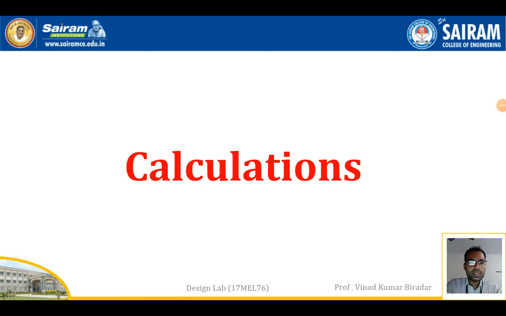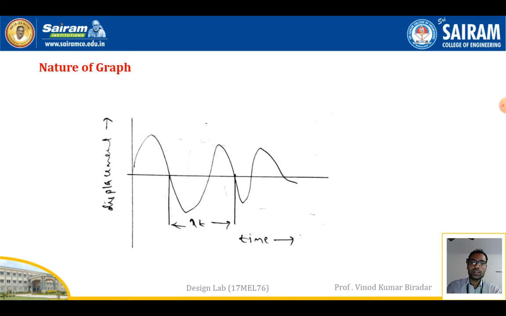In the third session, after conducting the experiment and plotting the graph on the graph sheet, now I am going to take the calculation part. Here, for the undamped longitudinal vibration graph that you drew on the graph sheet, consider one complete cycle, and that distance you take as xt. The first half cycle is considered as x1 and the second half cycle as x2. From the graph sheet you can note down either in centimeter or meter.